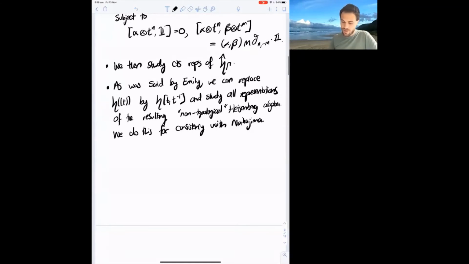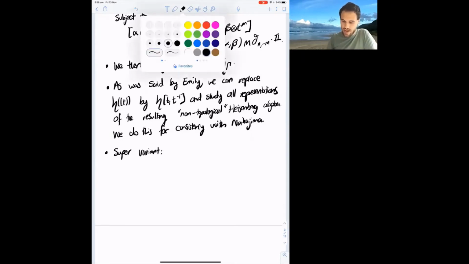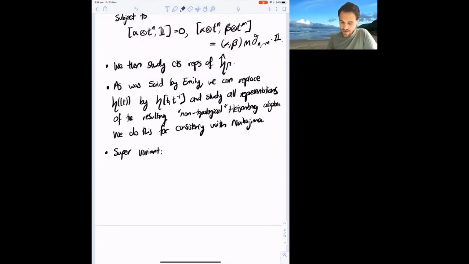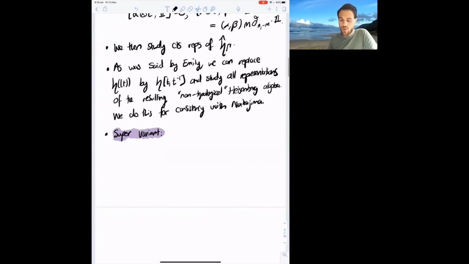Yeah, I definitely don't have a lot of experience with super vector spaces or super things in general, but hopefully what I'm saying is correct. So let me recount the super variant that we're going to be using. The difference is we're going from the topological to the non-topological and then bringing in the super. So it is a bit different from what Emily talked about. Okay, so we will also replace